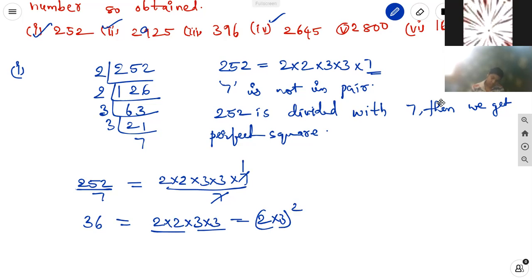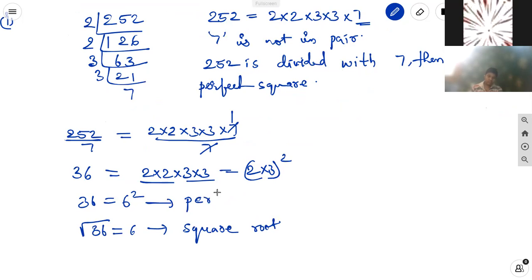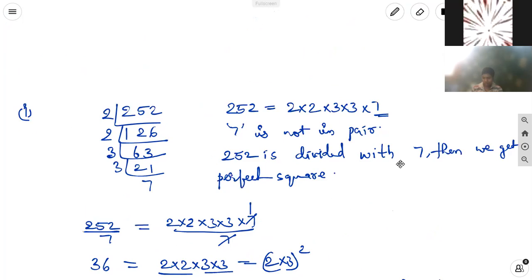So the perfect square number is 36, equal to 6 square. The square root of 36 is equal to 6. This is the perfect square, the perfect square number is 36. The square root of the square number 36 is 6. This is the solution. Second problem, that is